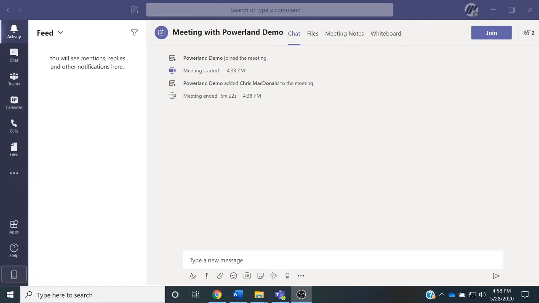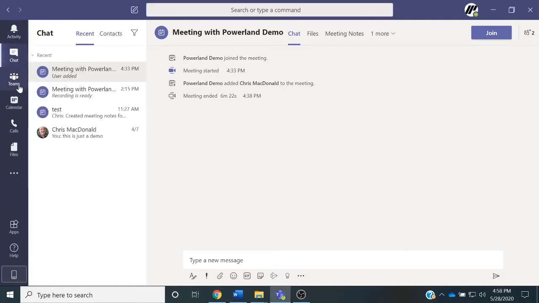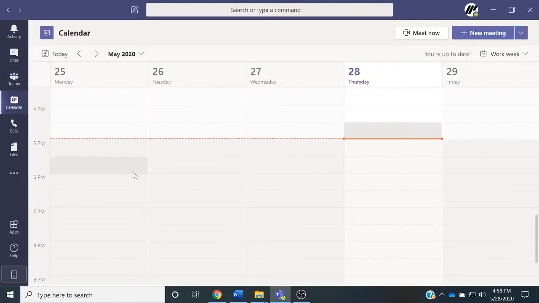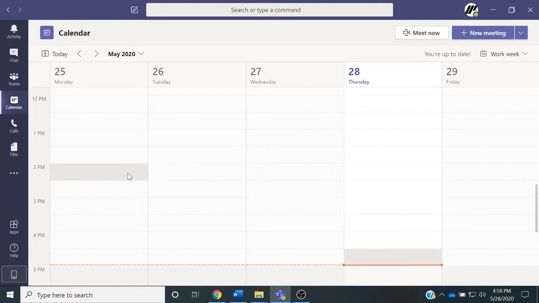In the previous video, we reviewed the activity, chat, and Teams pivots. Today, we're going to review calendar. So your calendar in Microsoft Teams works much the way it would in Microsoft Outlook. You can send meeting requests, create meetings, except they're done within Microsoft Teams, which means you're collaborating online with your